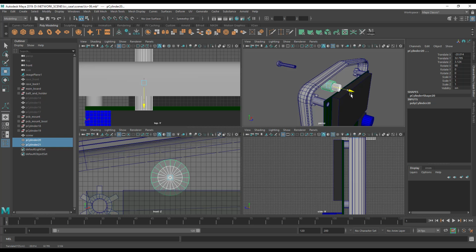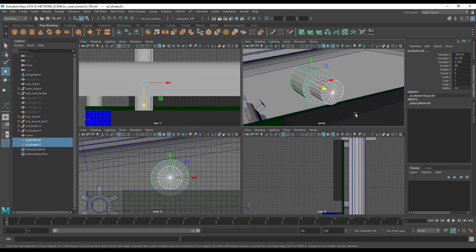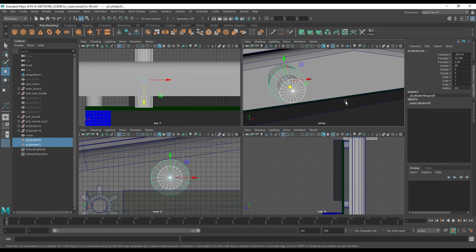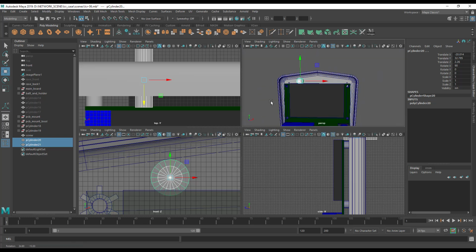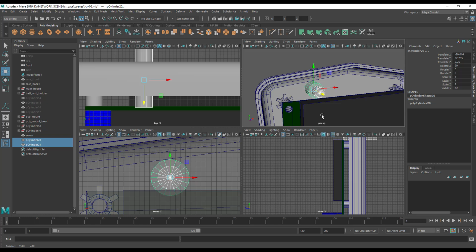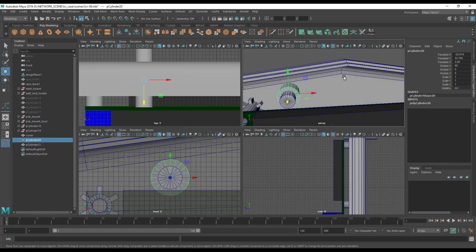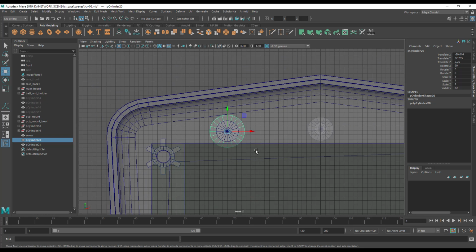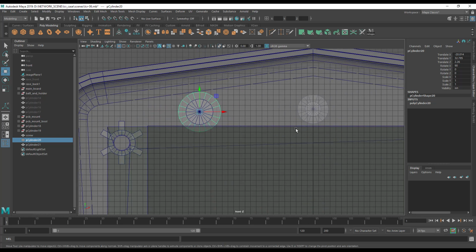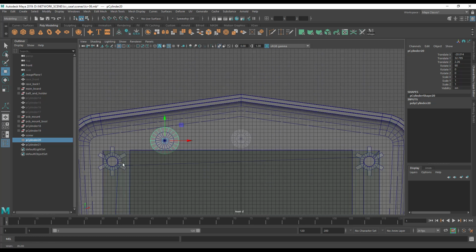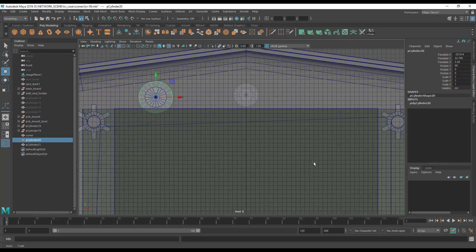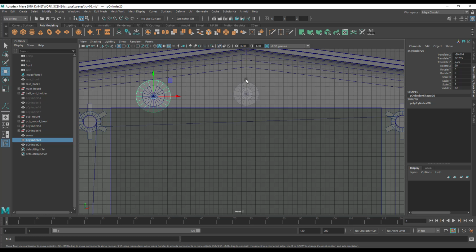So now we've got an idea of what we're dealing with, and it's good to mock these things up, you know, because we could have started to cut holes in here only to find that they were in completely the wrong place. So I'm going to take this and I'm going to duplicate it across so it's in the same position on that side. So let's go into this view. Let's select this here, and how we're going to achieve this, the central line of our grid is actually the central line of our object. So if we move the pivot point of this over to here, we'll be able to mirror it across on the other side. So let's hit insert, let's hold X to lock to grid, and let's drag this along until